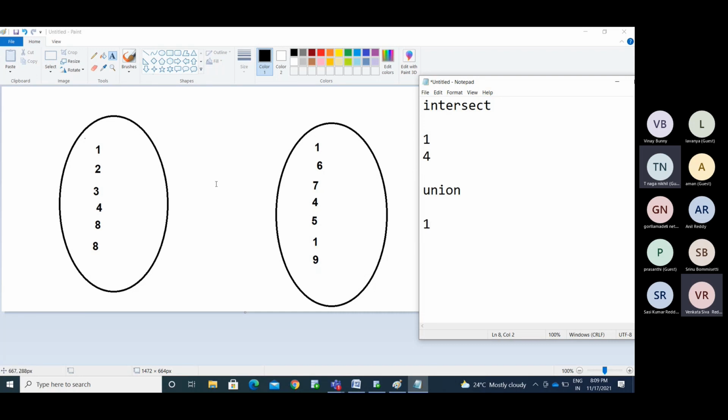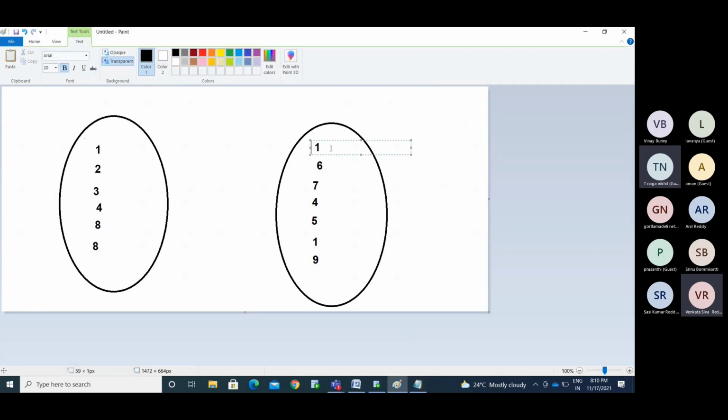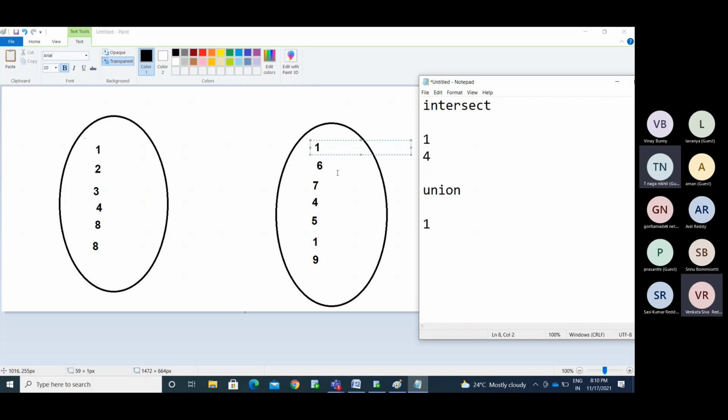While displaying this, we have 1 here, so it checks the other set of values. It is already present, so it ignores this one and this one. After displaying 1 in the output, it eliminates the 1 value in the second set.